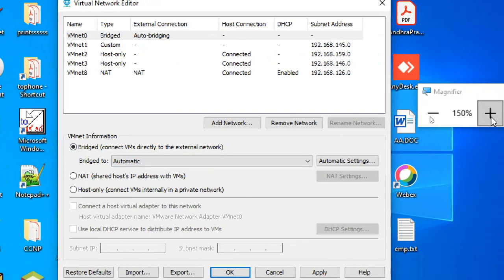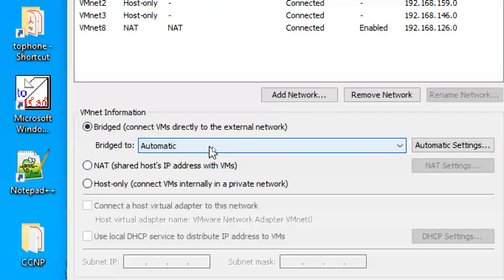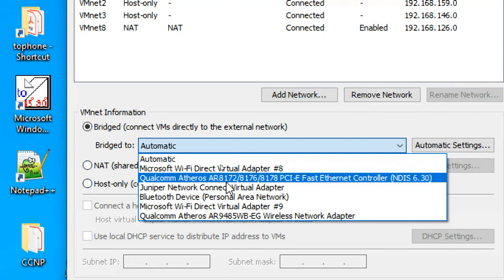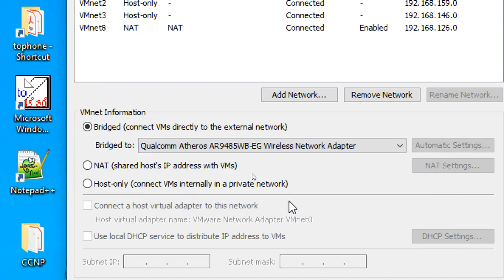Here, bridged to automatic is there by default in your system. In your system, change it. I'm using a wireless network adapter. This is my adapter, right, for internet connection. So I change it to this adapter.